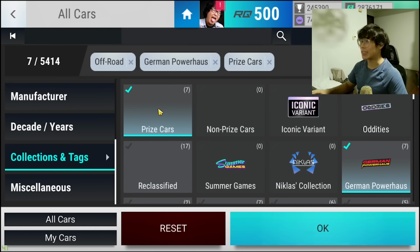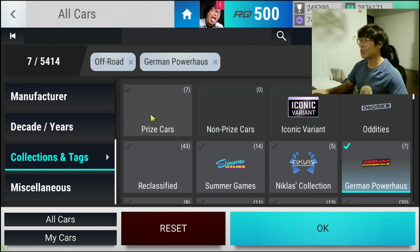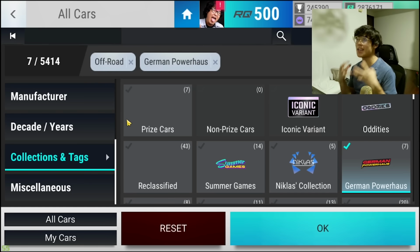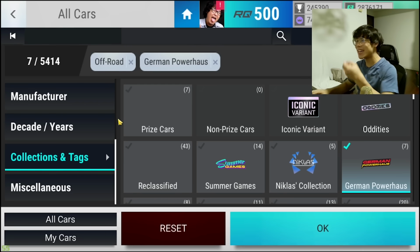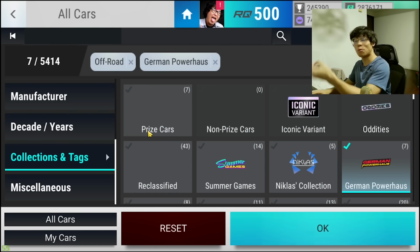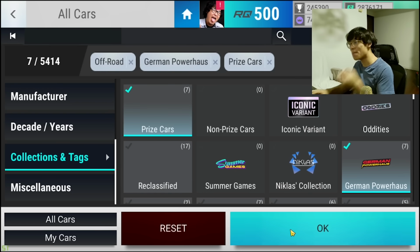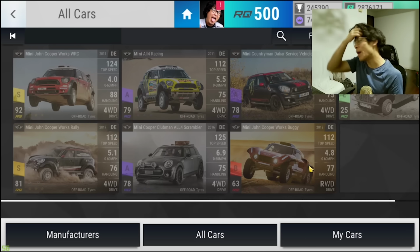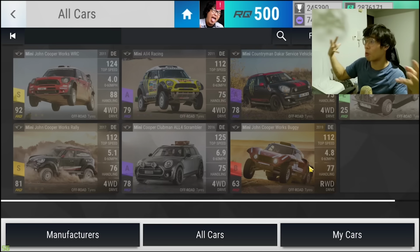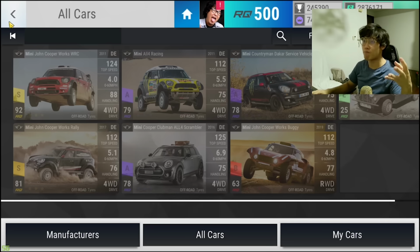I'm trying to see where he has 7, right? 7 out of 7. So every single one of them is a prize, which means that if there was any off-road event for German Powerhouse, off-road event is in like sand, dirt, snow, the entire meta, if these prize cars are not released, the entire meta is going to be all surface tires. This is like the all surface tire update. But also imagine when one of these off-road tire cars gets awarded, right? Like how much is that going to break the meta